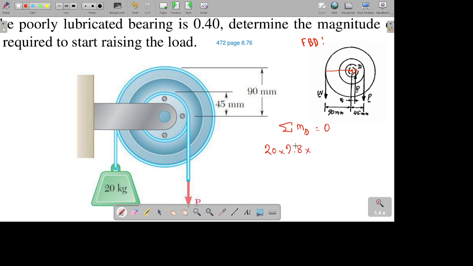So it will be 20 into 9.8 into 90 plus the radius of friction. The value of radius of friction can be found as Rf equal to radius of shaft into mu s, so 10 into 0.40,